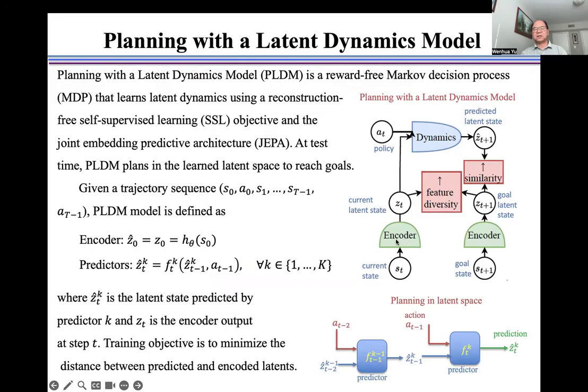The encoder maps the current state and the goal state into the latent space. This is a predictor that is used to predict the future latent states. At test time, PLDM plans in the learned latent space to reach goals. Given a trajectory sequence from s0, a0 to s t minus 1, a t minus 1,